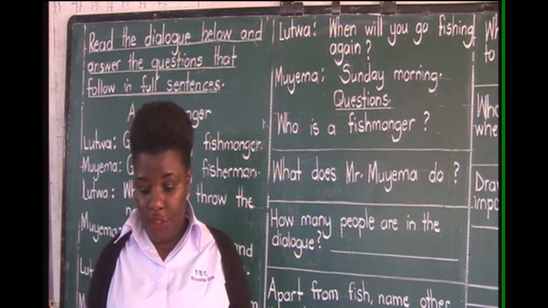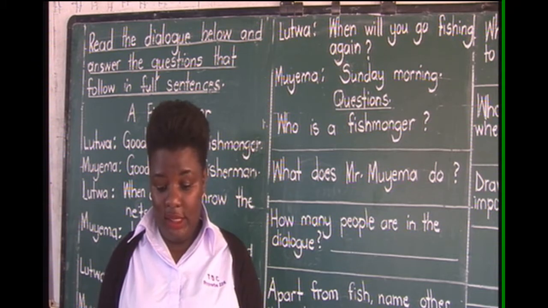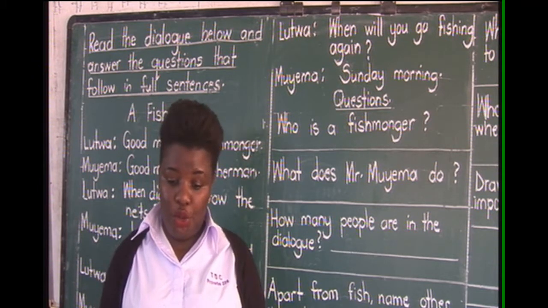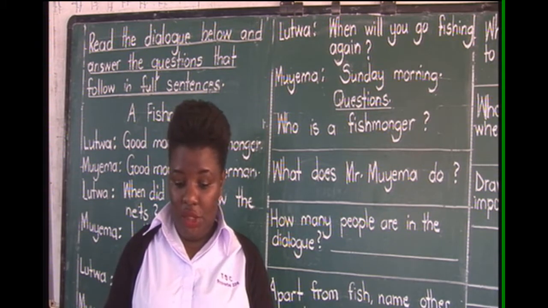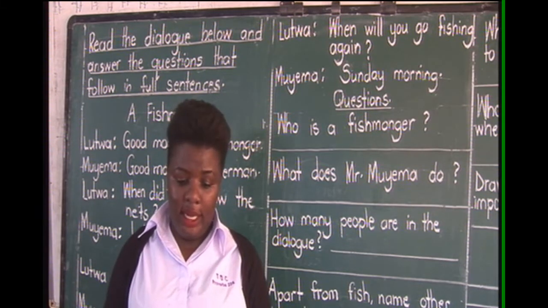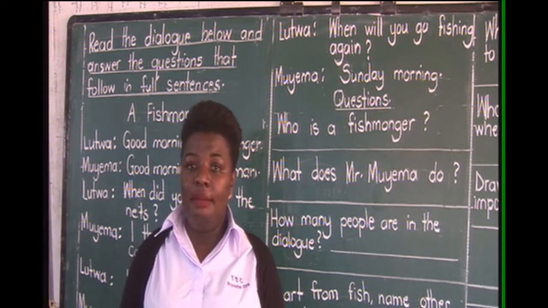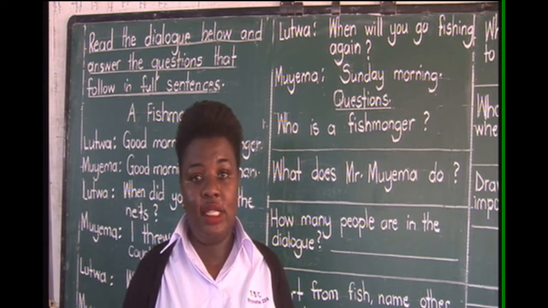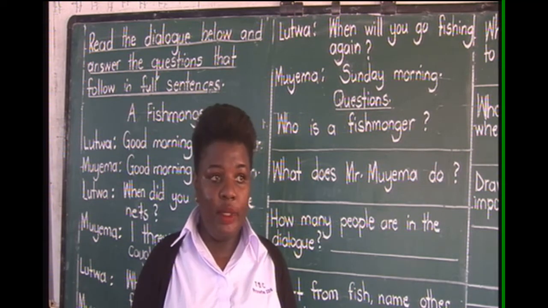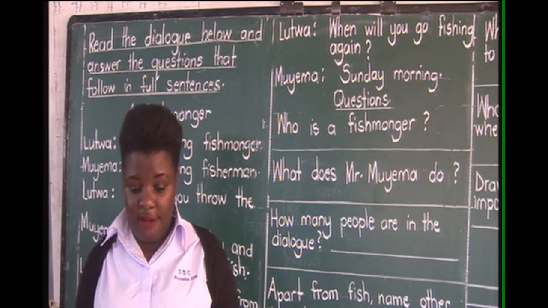So my dear good children, allow me to talk about the words given in the vocabulary list. I know most of them are not new to you, but let me talk about them briefly. So we have the word carpenter. A carpenter makes furniture. When I talk of furniture, I mean things like table, chairs, desks, doors. Then we have driver.